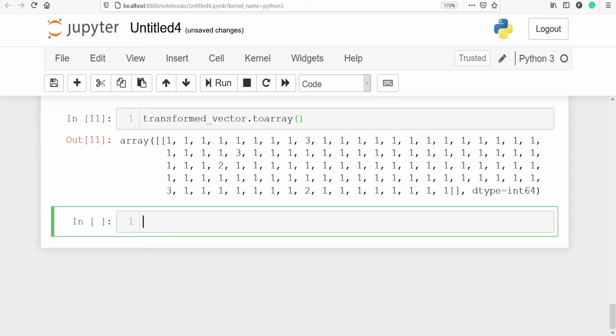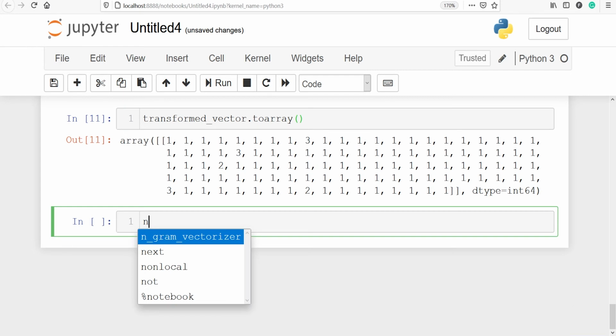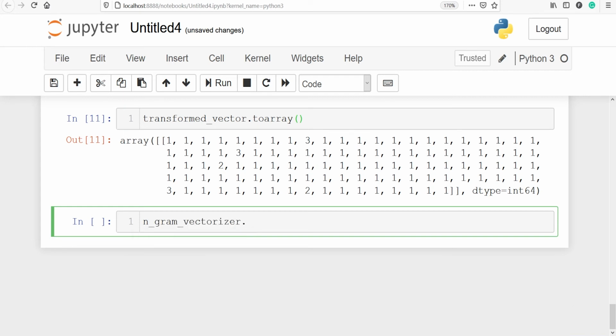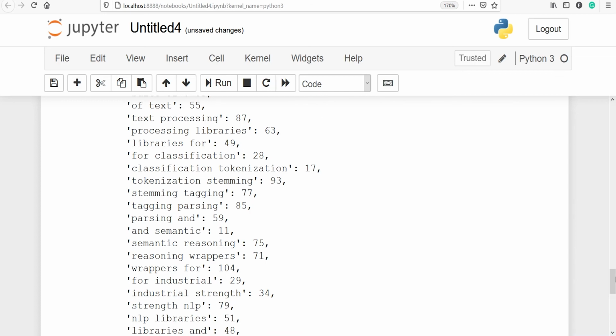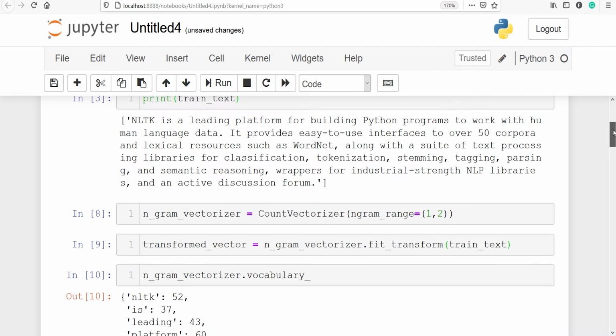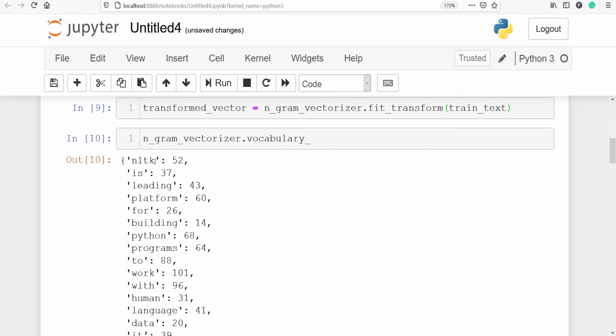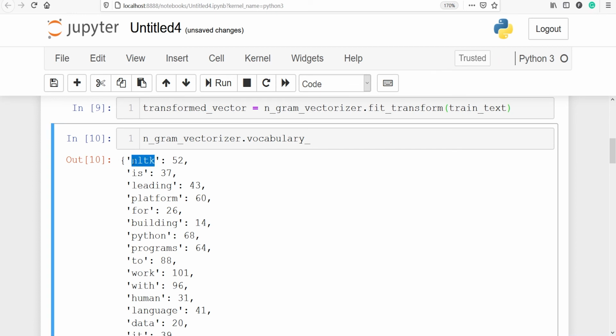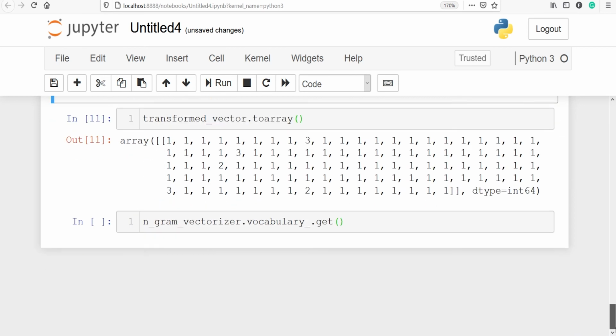We can get a numeric ID for a particular feature. I will call ngram_vectorizer.vocabulary_.get, and to get the numeric ID, for example, I'll copy this word NLTK from here, and its numeric ID is 52. Let's check it out.